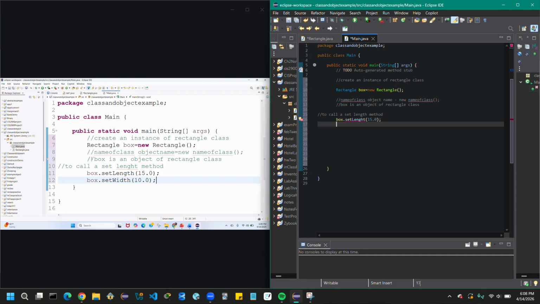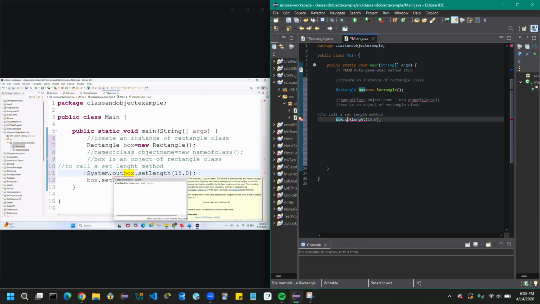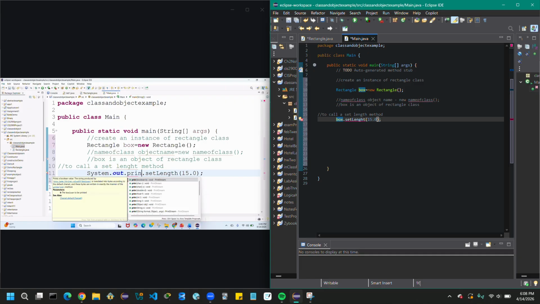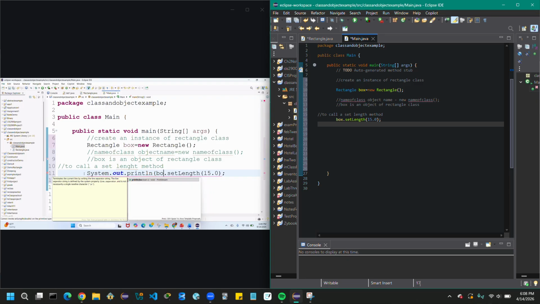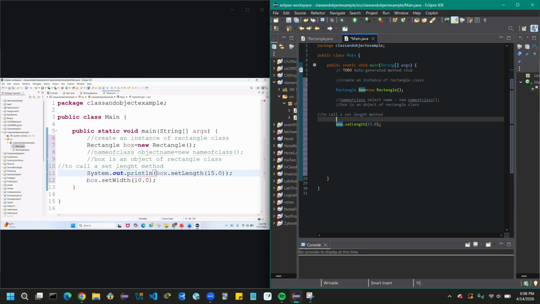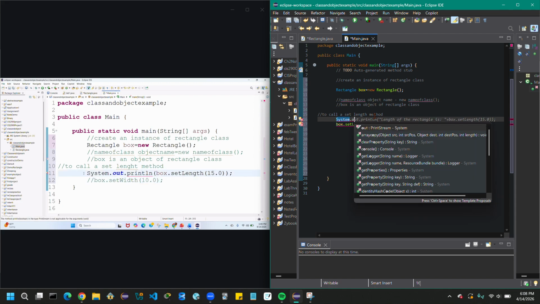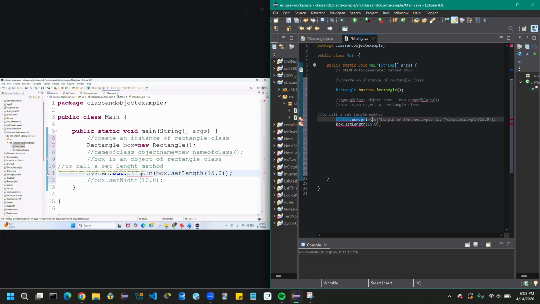Even if you try to run System.out.println of box, it is already showing you an error.